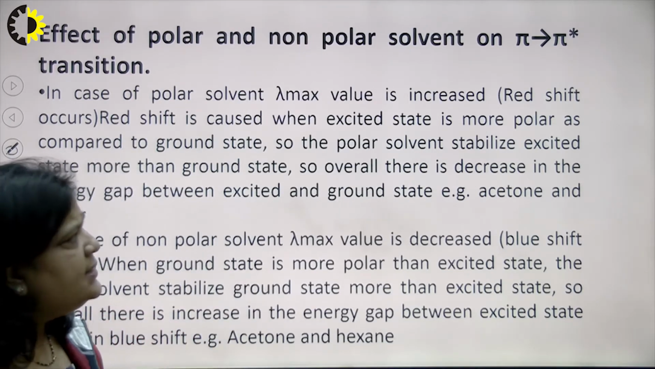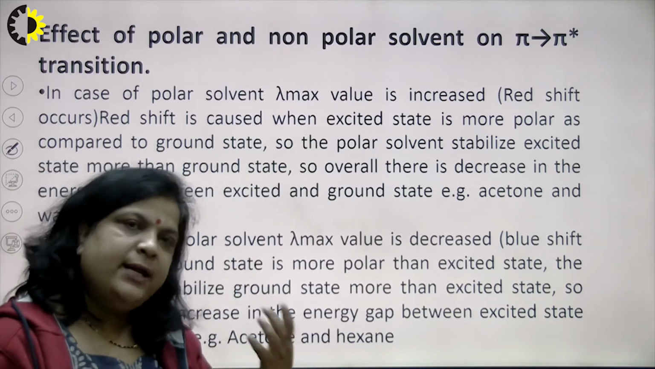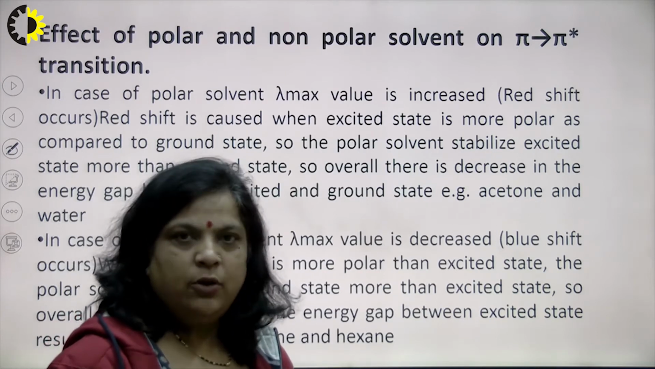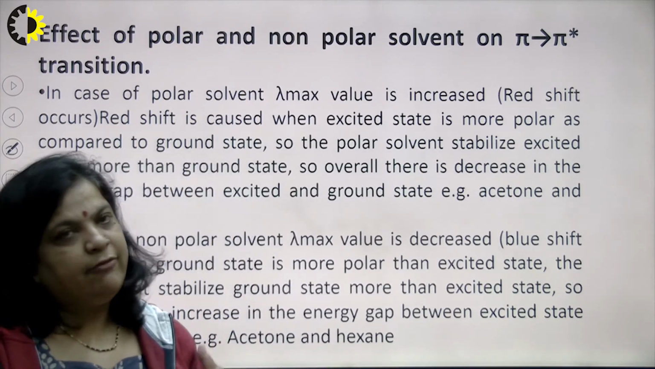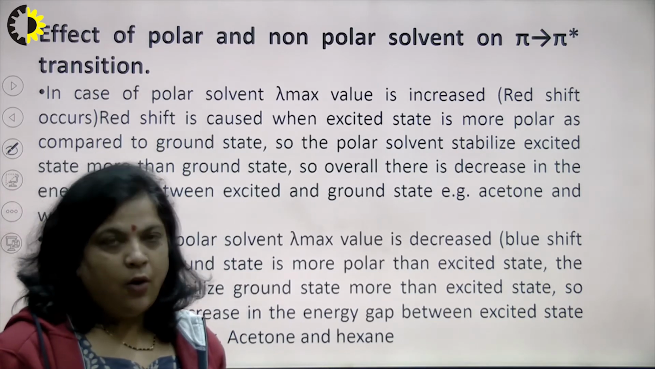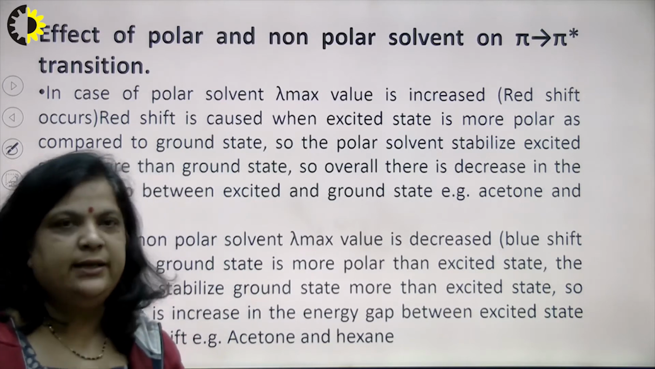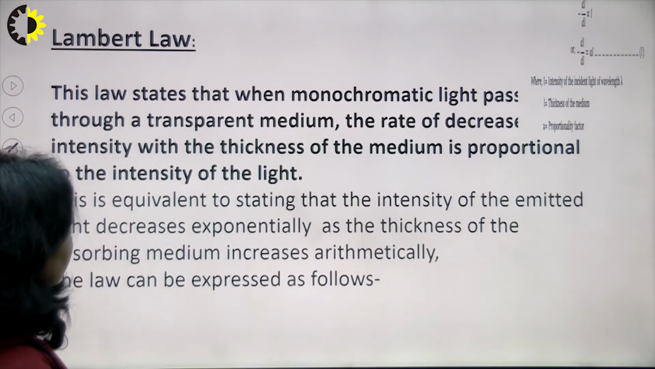So the summary is, for pi to pi star transition, when we increase the polarity of the solvent, its lambda max value increases, and for n to pi star or n to sigma star, the lambda max value decreases. Now, next is the most important rule,